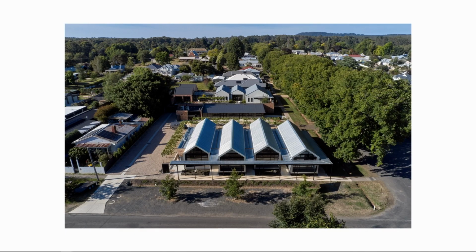So we entered this in the urban design category as well as steel and regional, because for the scale of Trentham, this is a significant urban intervention. Despite its relatively small scale, this project is made unique through its civic generosity and community mindedness. The design is responsive to its site in both form and materiality, and through careful detailing and prioritisation of softening the edges and creating new shared space, we feel it makes a positive contribution to